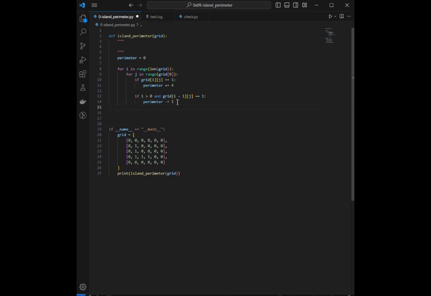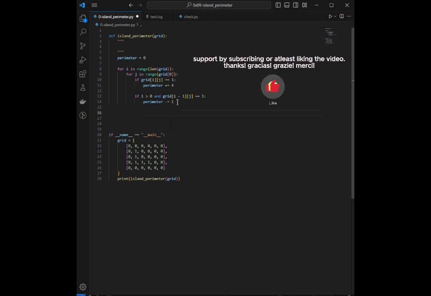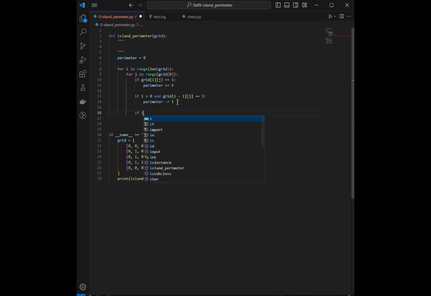And then we are going to also check if there's a land cell below the current cell block and adjust the perimeter. So we are going to say if I is less than the length of the grid minus 1, because we know that the length of the grid is going to be 1 2 3 4 5, but since it's going by index we have to take one out of it. And then and